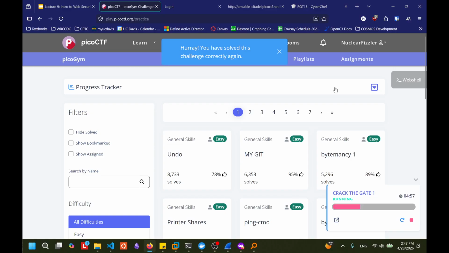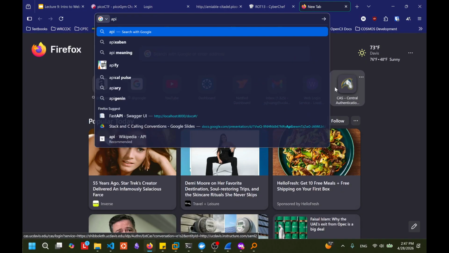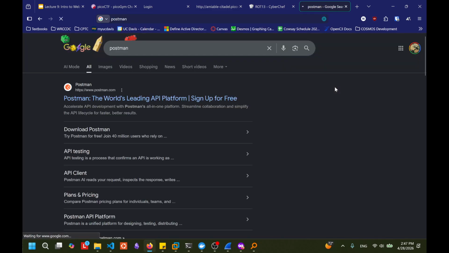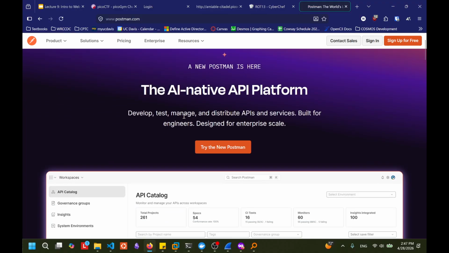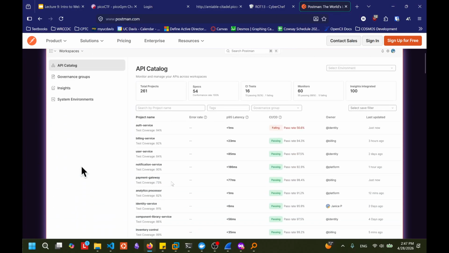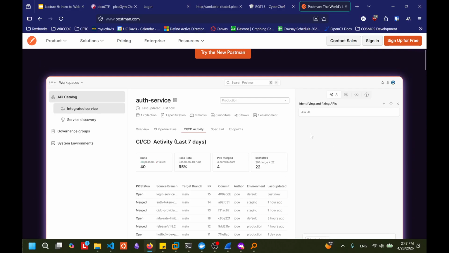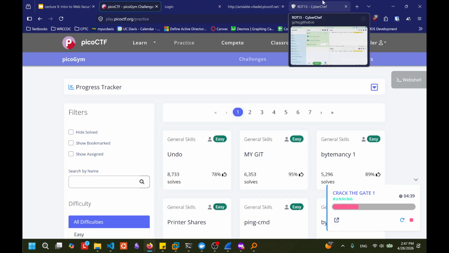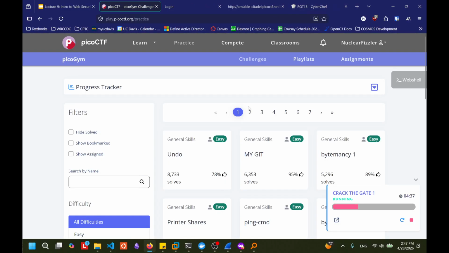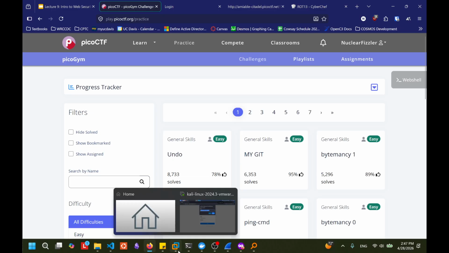Of course, if you just want to build your own API requests, I know I had a tool, let's see, Postman. Yeah, there are other tools that are not cybersecurity focused. This is more developer focused, that you can send custom requests to an API with. Postman, I think I used it in the past. You will need to make an account. You can use it, or you can use something like curl, which is literally a command that just runs HTTP requests.